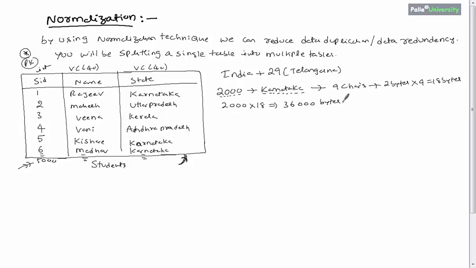Now you think about the remaining states. Let us say there are 800 people from Kerala. Again duplication, a heavy level of duplication will be happening in this state column, right? Now the question here is, is it possible to avoid this duplication? The answer is, it is highly impossible to avoid complete duplication, right? But we can reduce the duplication. Now we will try to understand how to reduce the duplication.